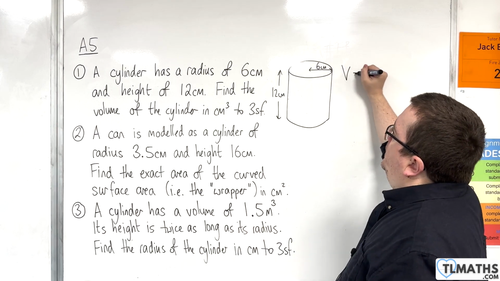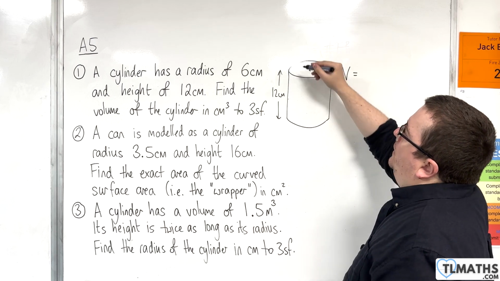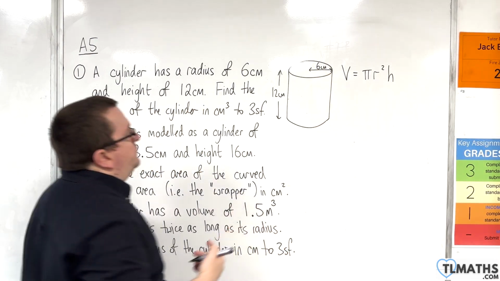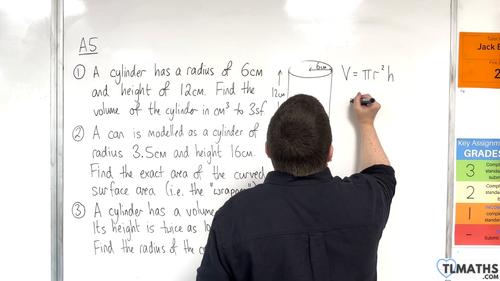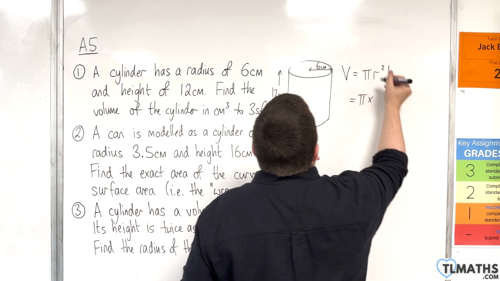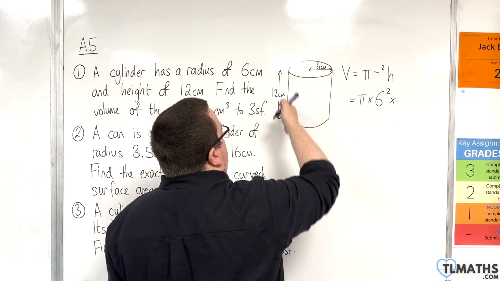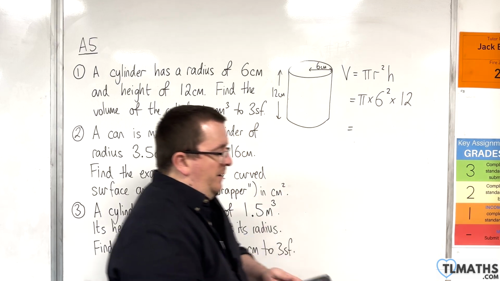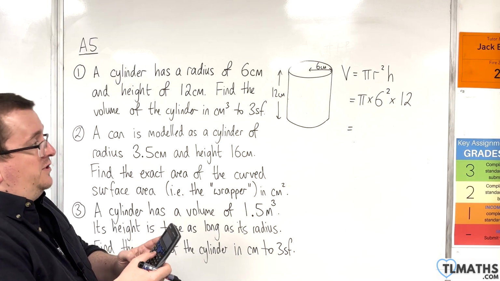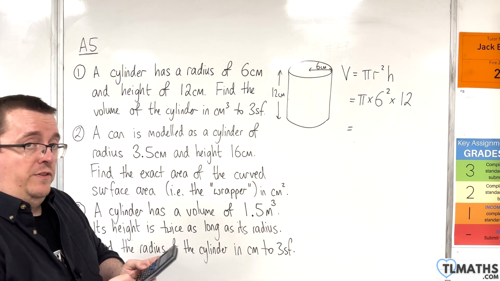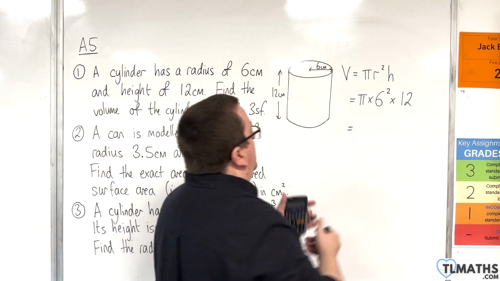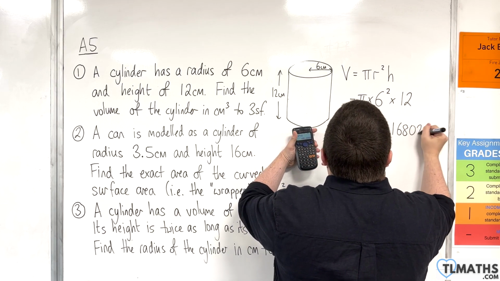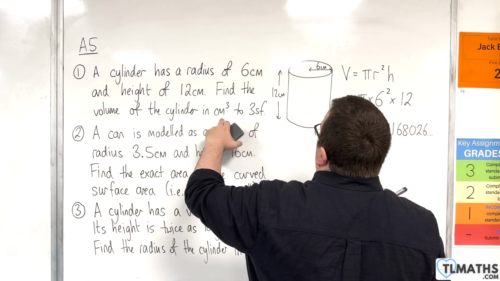Now the volume of a cylinder is given by the cross-sectional area, which is pi r squared, multiplied by its height. So the volume here is pi times 6 squared times by its height, 12 centimetres. So we're going to pop that into a calculator. So pi times 6 squared times 12, which is 432 pi. I'm going to change that into a decimal, and that's 1,357.168026, etc. Now that's in cubic centimetres,